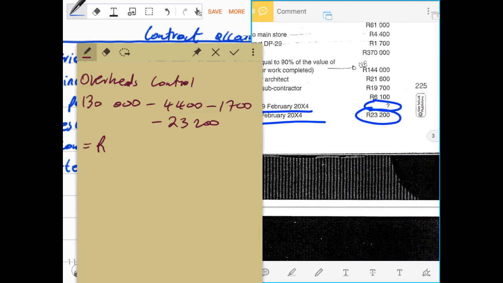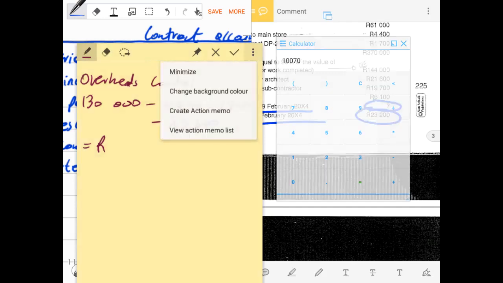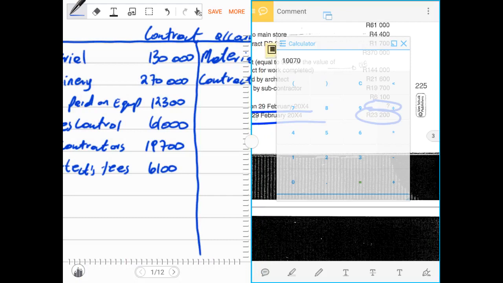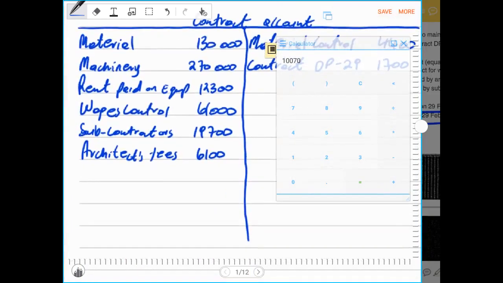23,200, yes. Now from here we say equal, and we multiply that by 10%, 0.10, and this gives us 10,070. 10,070 is our overheads, which is 10% of the material used. So now we record that as overheads control